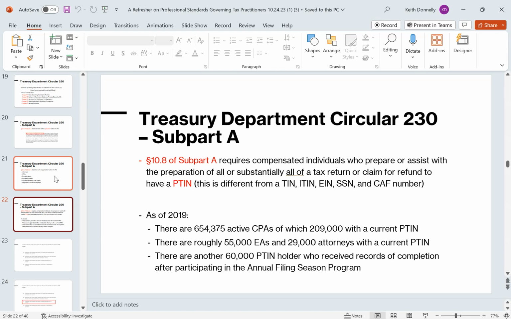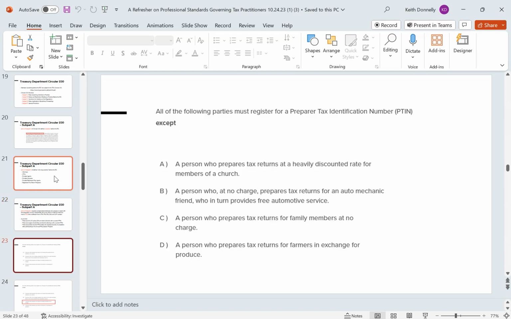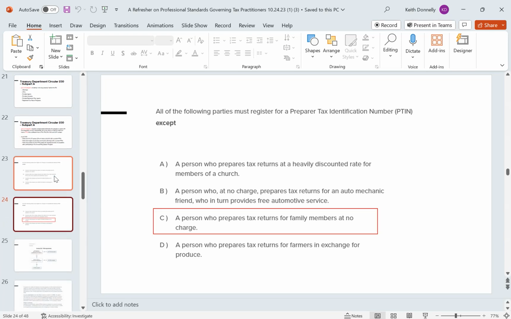So, hey, you're doing an internship in tax over the spring or in the summer, you need a PTIN, right? When might you not need a PTIN? Well, if you're totally doing it for free, right? So, for example, the VITA program. If you participate in VITA, you volunteer and you're doing real returns, not for compensation, it's free. Don't need a PTIN.